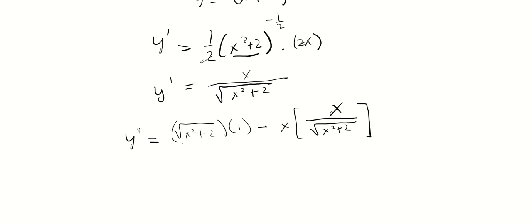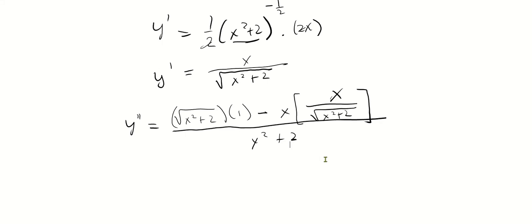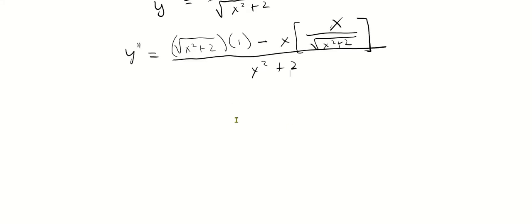Then all over the square root squared. So if we square the square root, then it will cancel out. This is equal to x squared plus 2. So this is the second order derivative. Now if we can simplify this one, so y double prime will be equal to